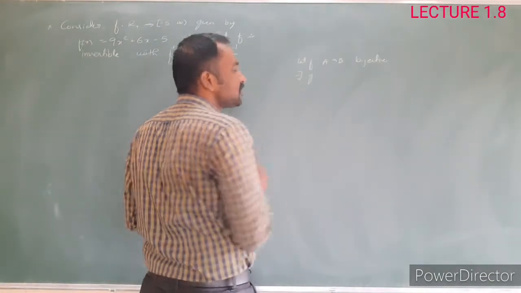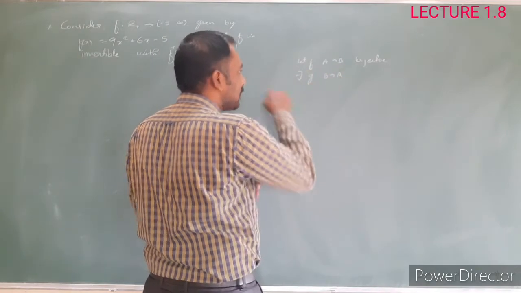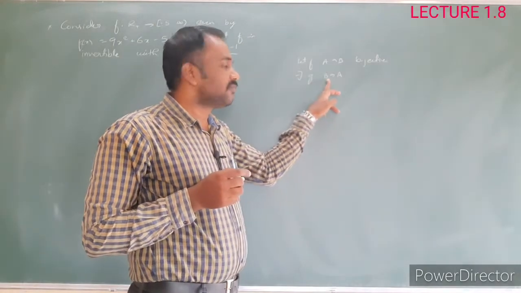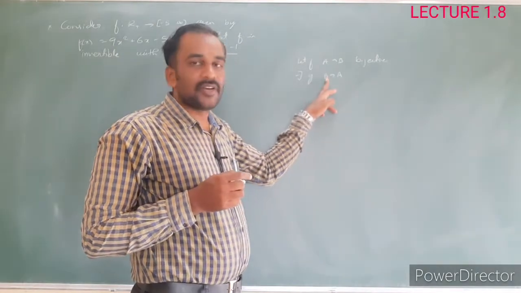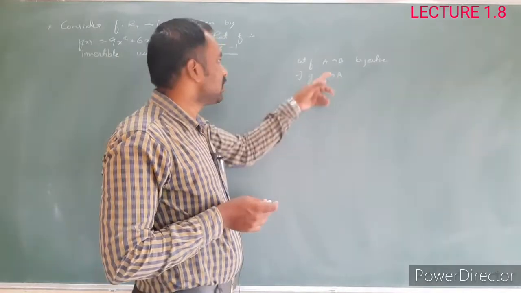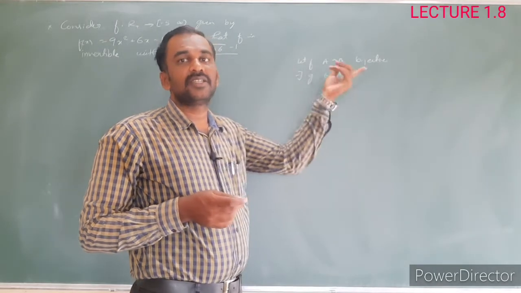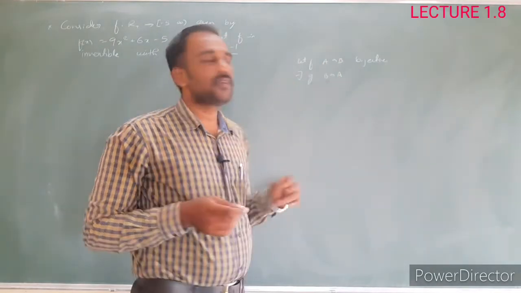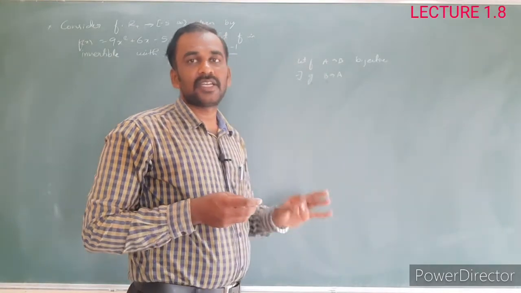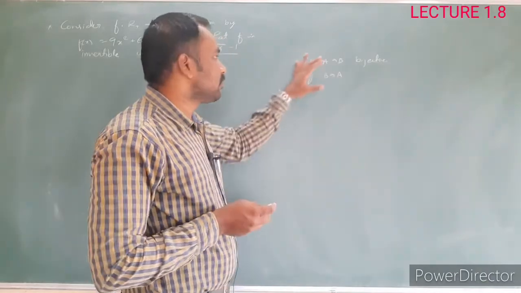There exists another function g from B into A, such that every element of the set B has a unique image in the set A, or else, in the given function, every element of the codomain set B has only one pre-image in the set A. In that case the inverse exists. If the inverse of the function exists, we can say that it is an invertible function by this definition.